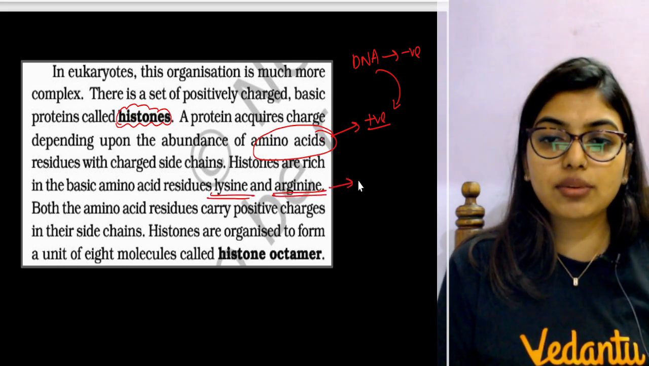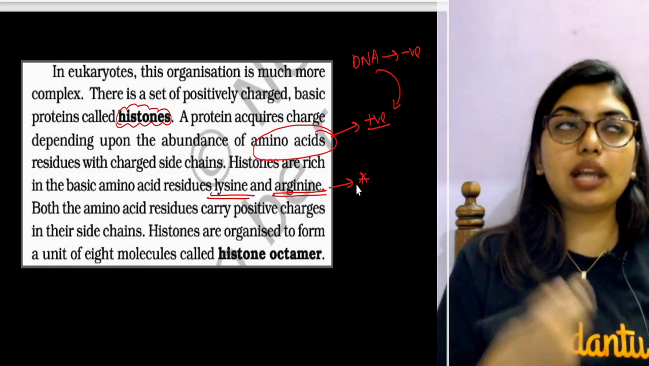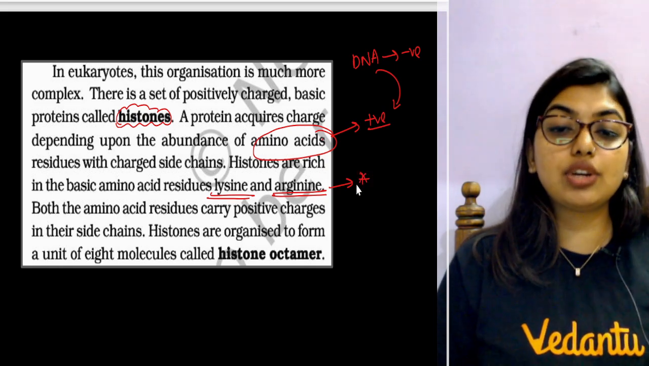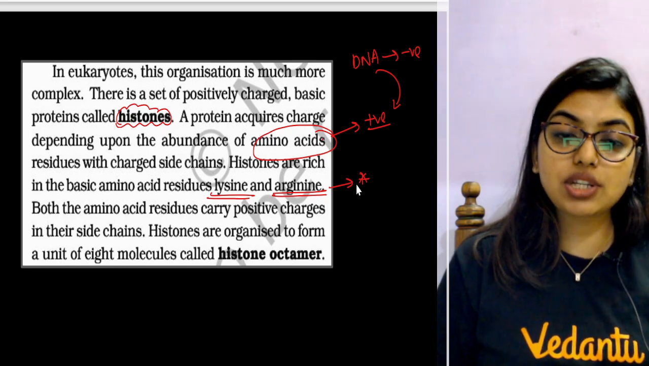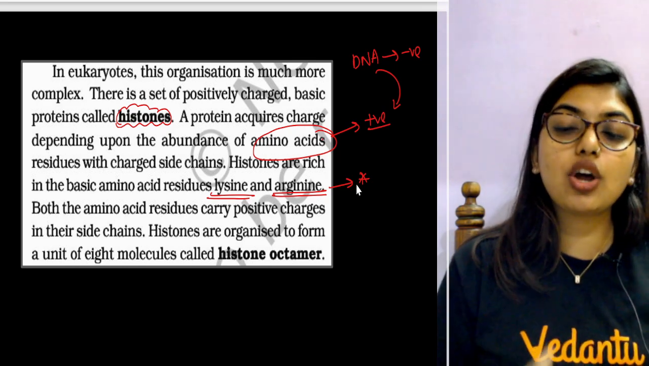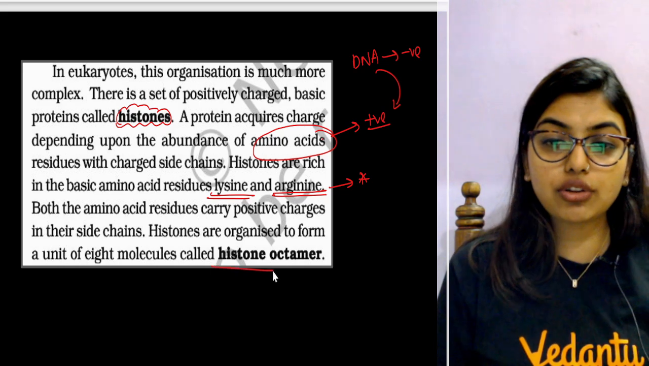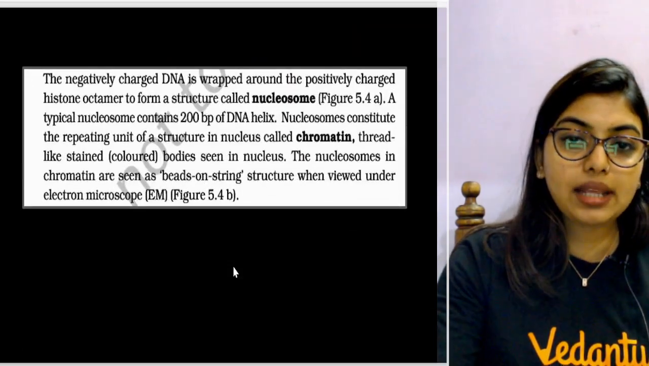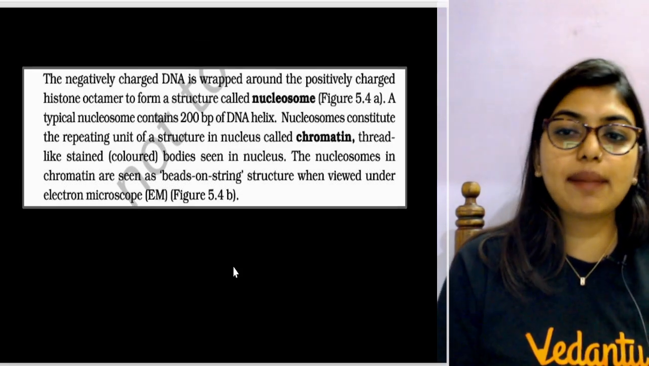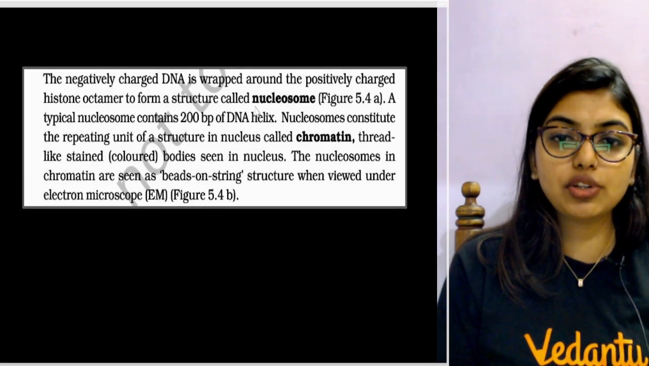This you have to remember very importantly: the basic amino acid residues that are high in your histones are lysine and arginine. Both the amino acid residues carry positive charge in their side chains. Histones are organized to form a unit of 8 molecules called the histone octamer. The negatively charged DNA is wrapped around the positively charged histone octamer to form a structure called